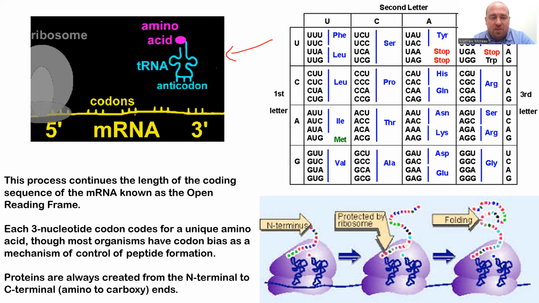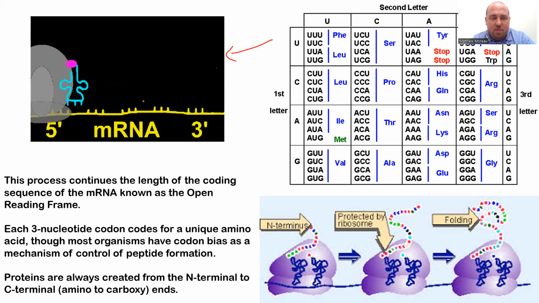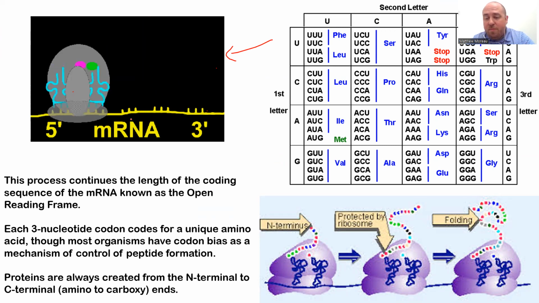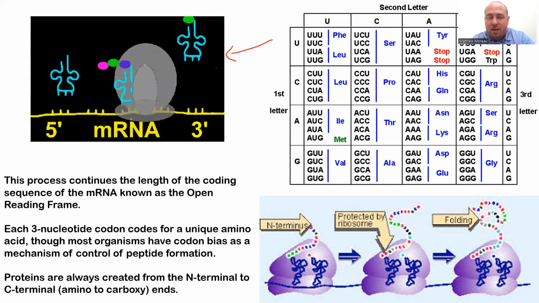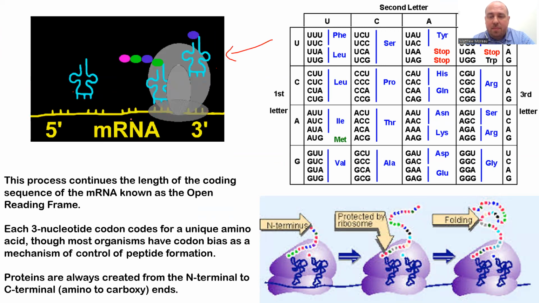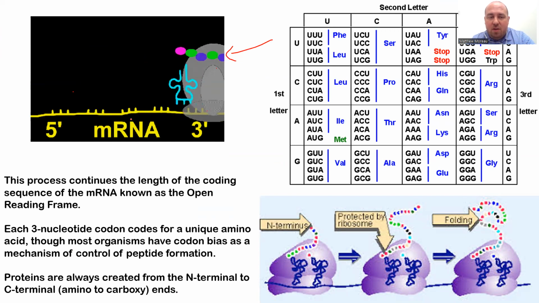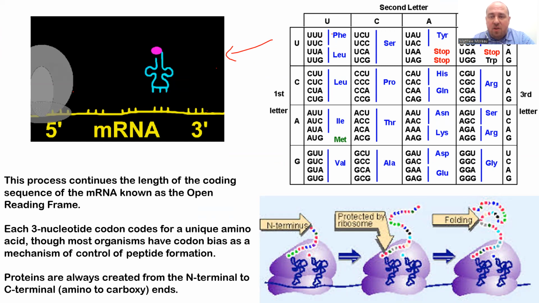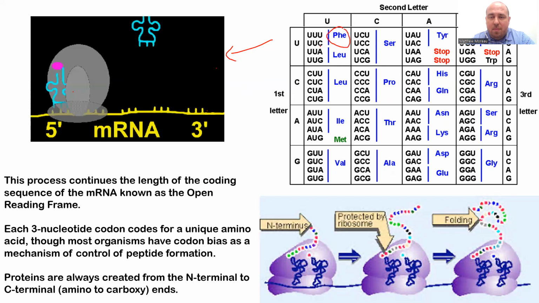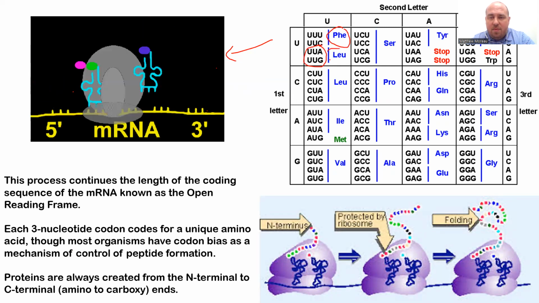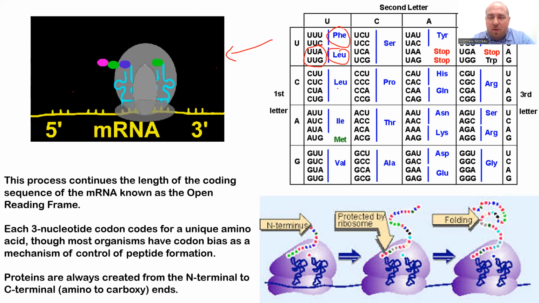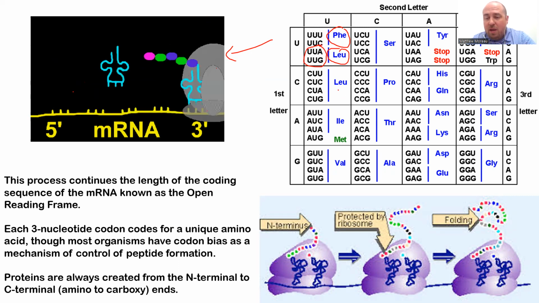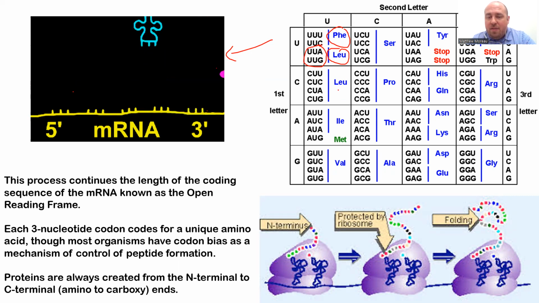But I like this cartoon because it shows you that all along it's the ribosome, right, that's moving along the mRNA. The mRNA really doesn't move per se, except as a consequence of the movement of the ribosome. Now, each codon, which responds to a different anticodon, will respond to the generation of a different amino acid based on the codon that it presents with. And as I mentioned before, there are 20 canonical amino acids, and there are,